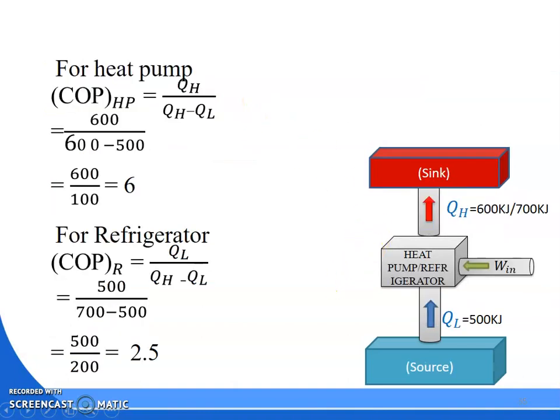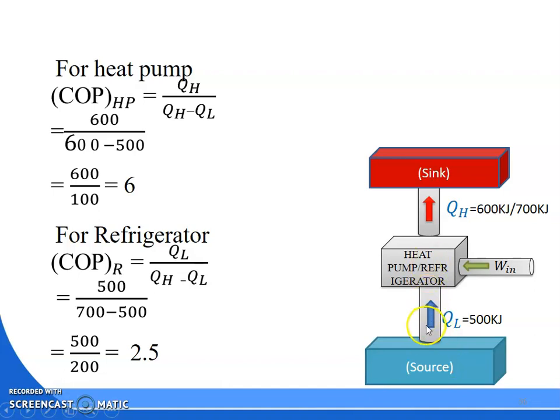So it receives QL, 500 kilojoule of heat. So QL is your 500 kilojoule for the heat pump, and it rejects 600 kilojoule. So for the heat pump, we know that coefficient of performance is QH by QH minus QL. So what is your QH? 600. What is your QL? That is 500. So 500 divided by 600 minus